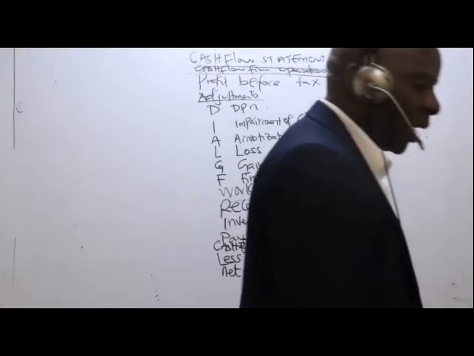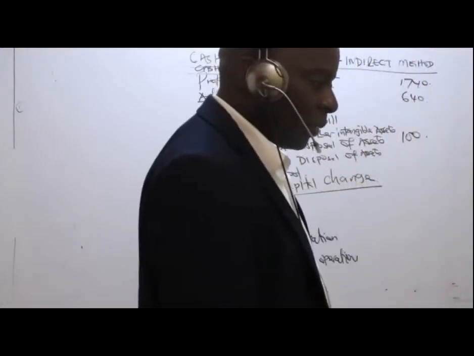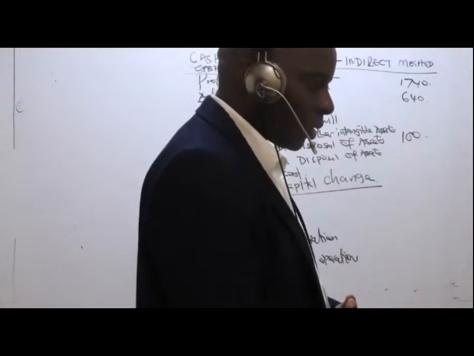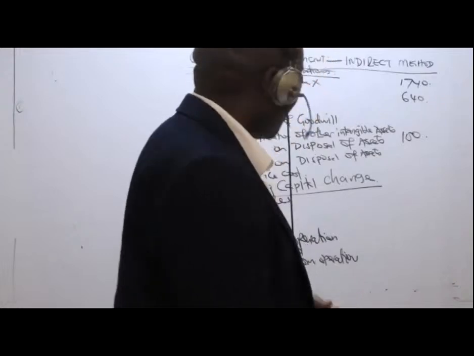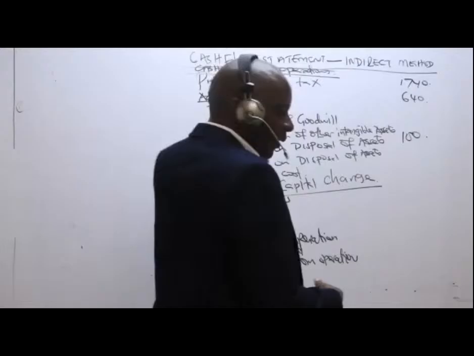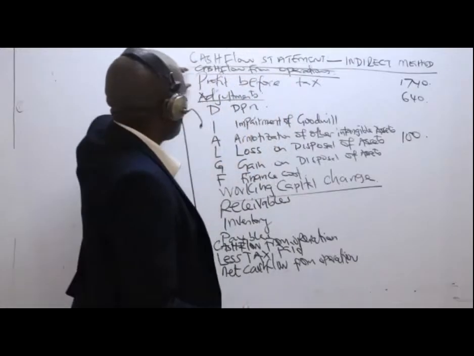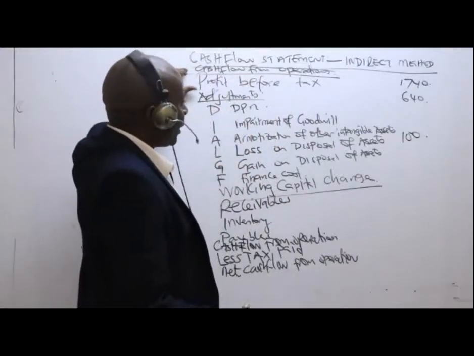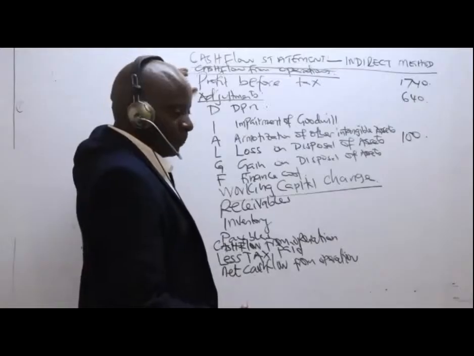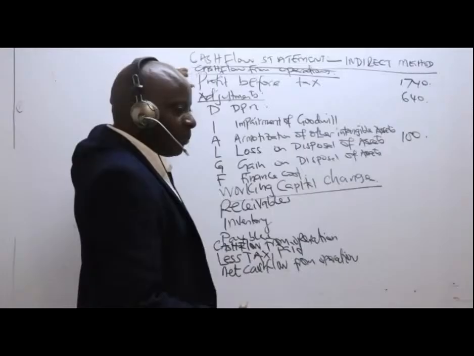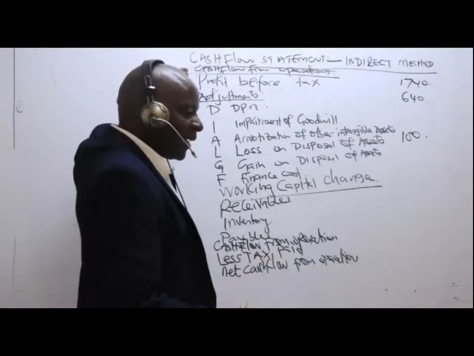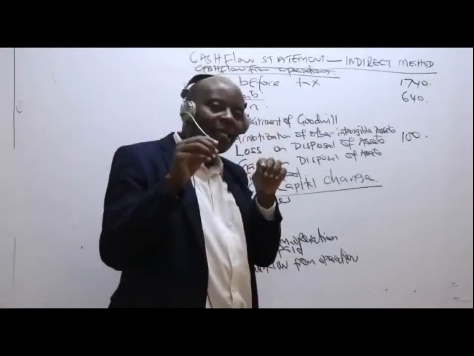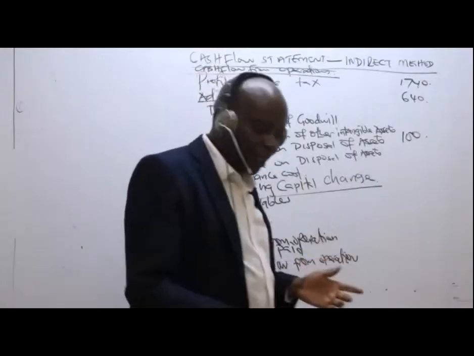Good questions there. Like Bruce is asking, why do we consider finance cost in operating activities? You see, listen here. Here we have profit before what here, somebody? Before tax. Profit before tax. In this profit before tax, what happened? These guys have adjusted the fact. If you look at this,